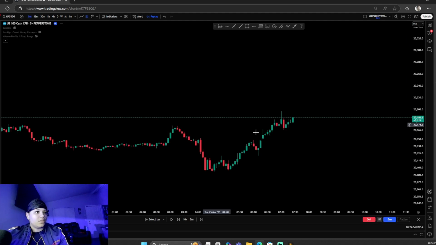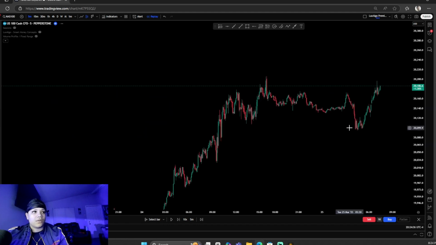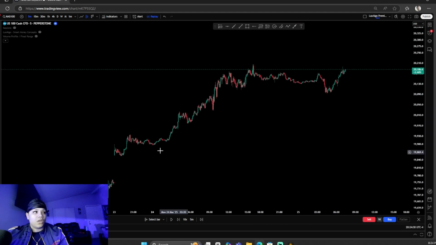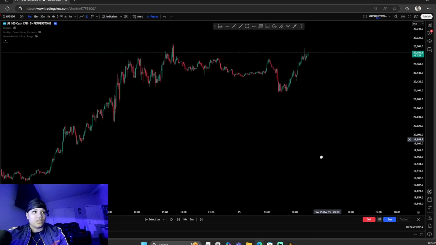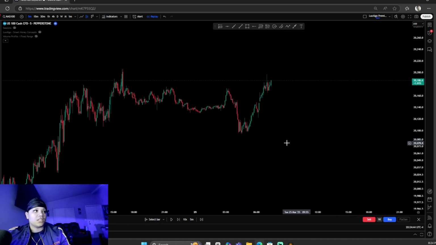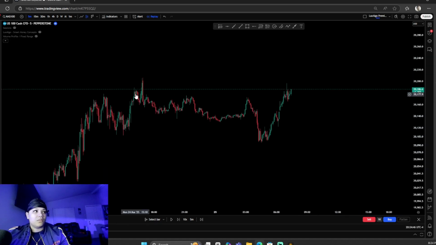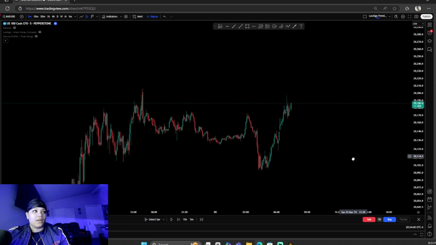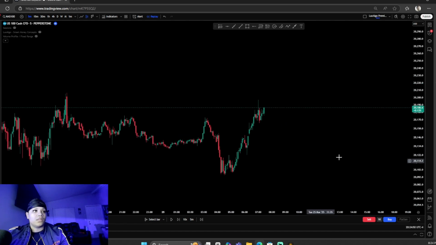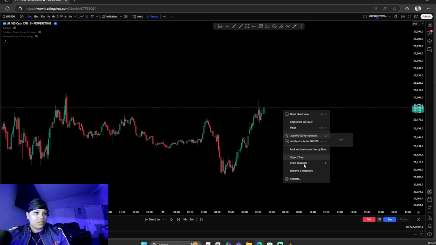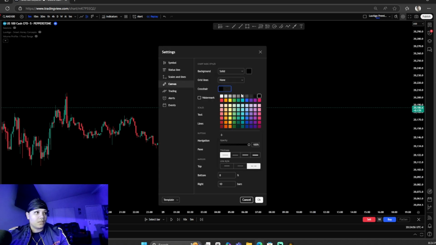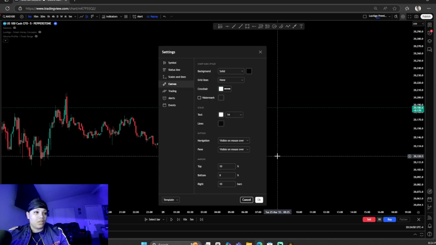Looking at the 5 minute, you guys can already see that we are in an uptrend. Higher highs are being broken and everything, so that's actually good. So potentially I'll be looking for buys. Well, that would make sense in this case. What time is this? Let me change the crosshairs to white so you guys can see.